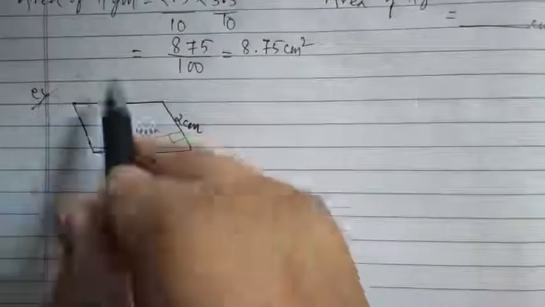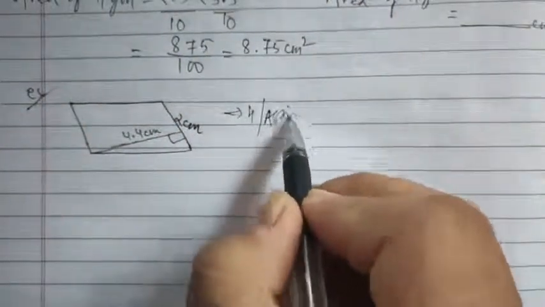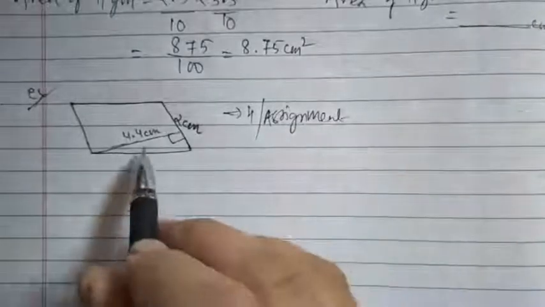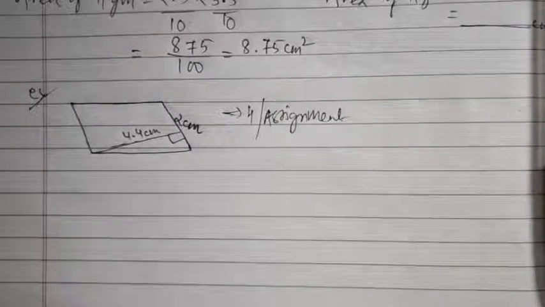The last question is left out here in part E. So this will be a home assignment. You are going to do it yourself and submit to me. The question is similar to part F, so do not get confused. If in case you have any confusion, kindly ask me or rewind the video once again and try to solve it yourself. Okay. So this much for today.